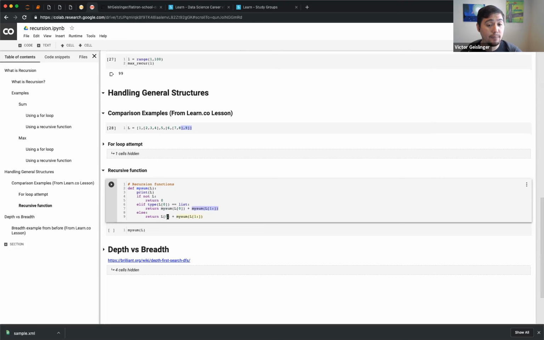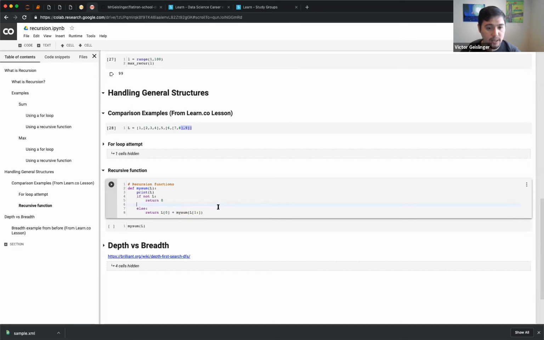But if the list element is not an empty list, it is not a list, we're assuming it's an integer or a float, some kind of number, then we can just say, okay, get the first element plus the rest of the list, right? And what's nice about this is that by adding just one part into our function, like if you look at this right here, that's essentially what we wrote before with some recursion, right? From like way earlier.